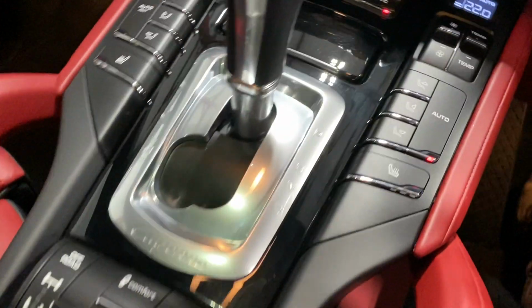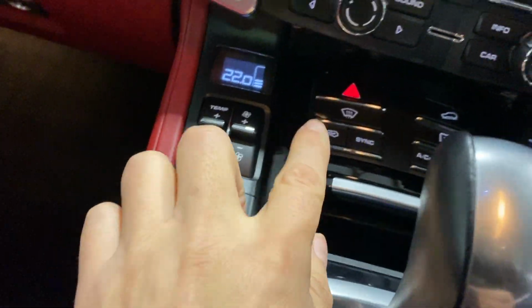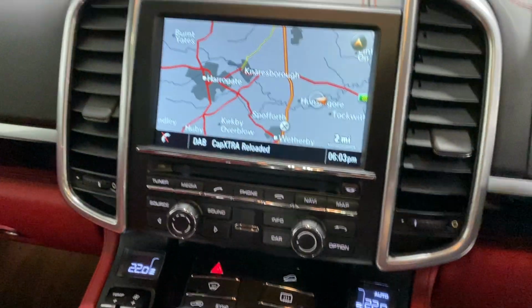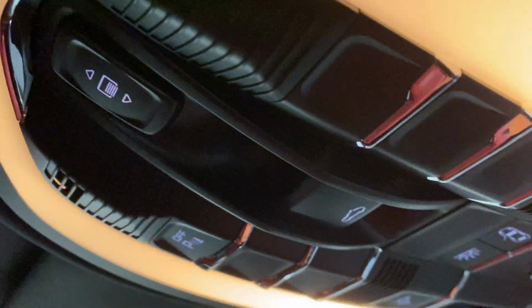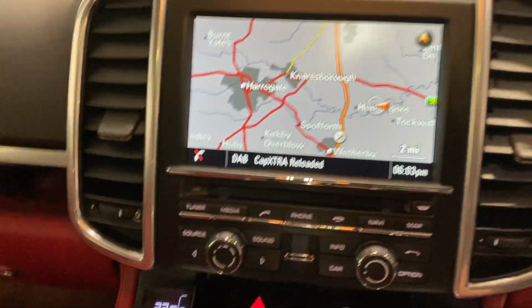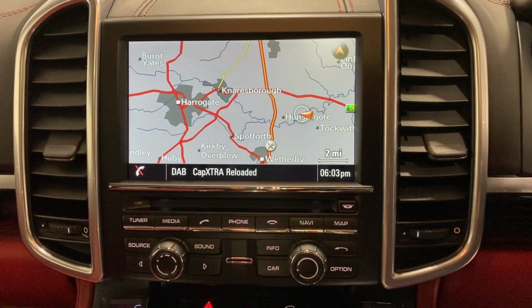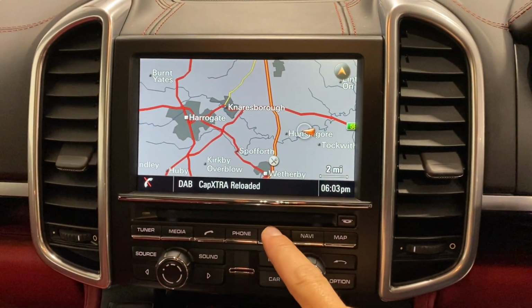and your auxiliary ports. Here we've got heated seats at the front, phone storage space, dual zone climate control, again that auto dimming rear view mirror, your panoramic roof controls, that lovely compass and clock. And then this one has got navigation, and I say that this one has because a lot of them don't